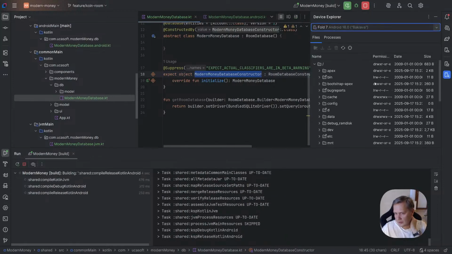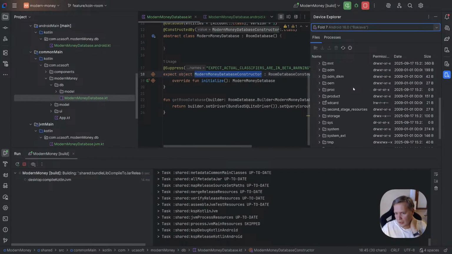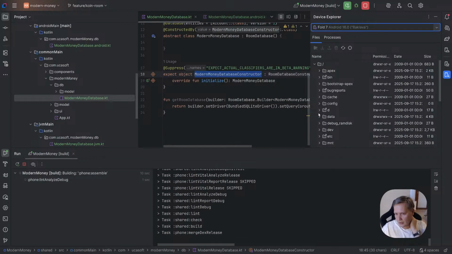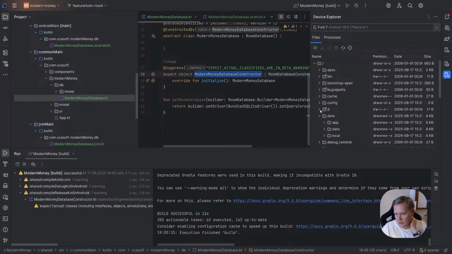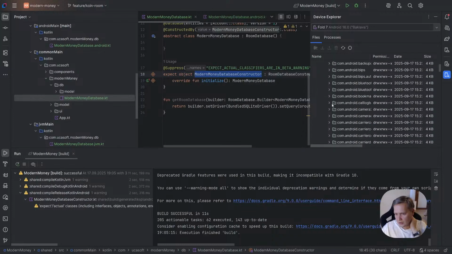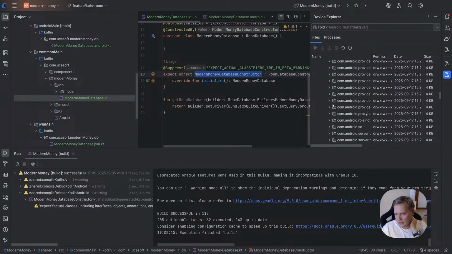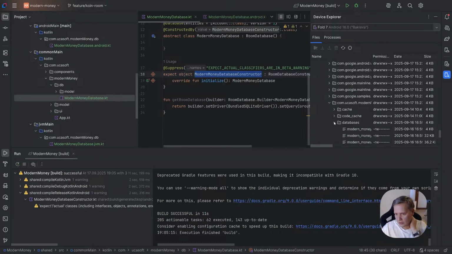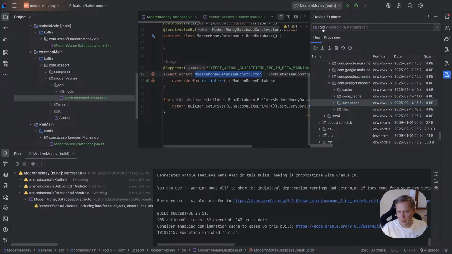And we have Device Explorer, and let's check. Is it in data application? Not in application data. So we should have, yes, and we already have database. It's like I played with it, so we can delete it. And right now, if we run it,